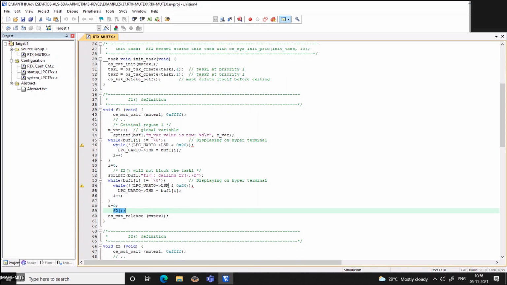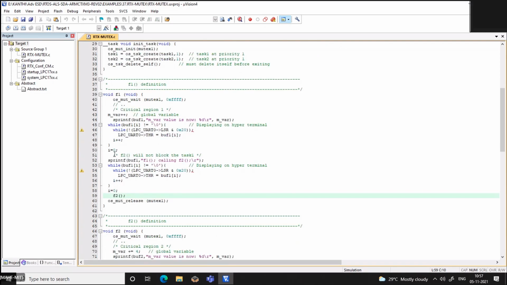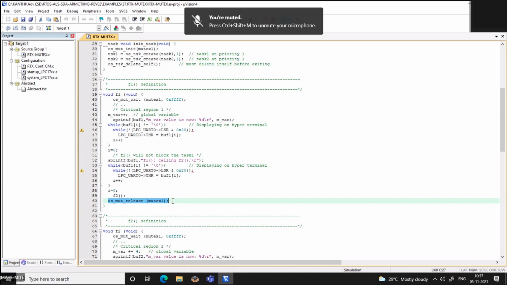Yeah, but F1 is already in the critical section, right? Ma'am, let us assume that after crossing the critical section, it is trying to execute the F2 function. F2 is called in F1, right? So, ma'am, let us assume that F1 is at this point. Yes, you mean to say that until and unless this returns, it cannot come to this point. That is what you mean to say, right? Yes, ma'am. I got the point.